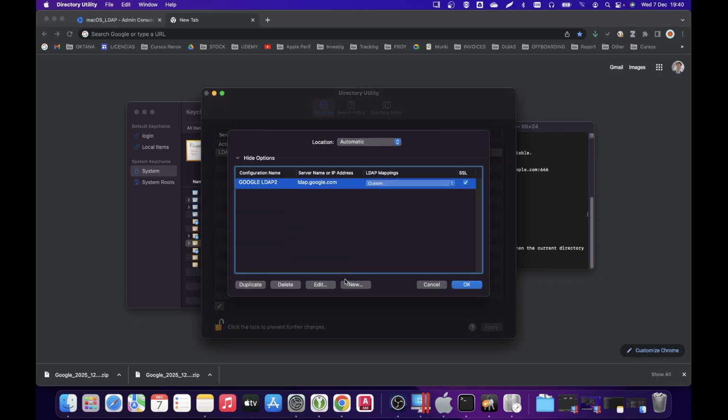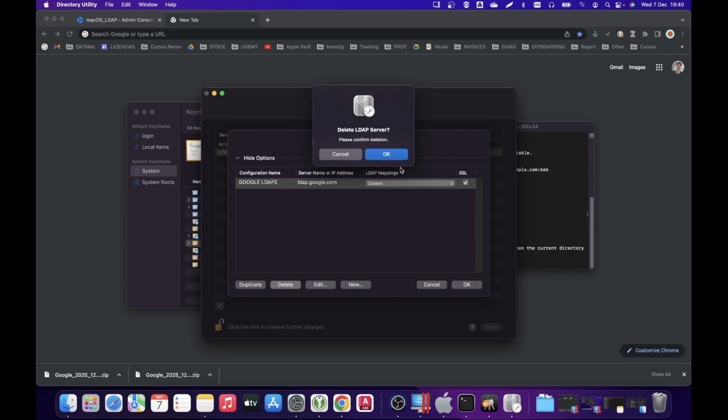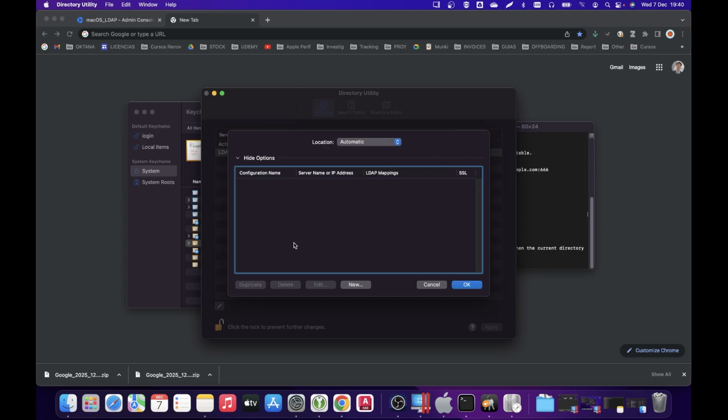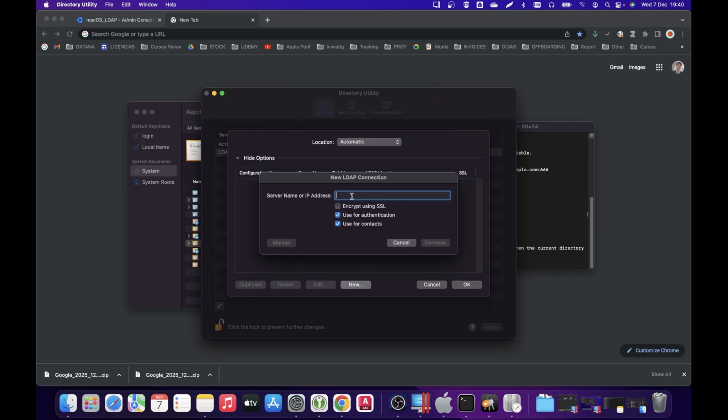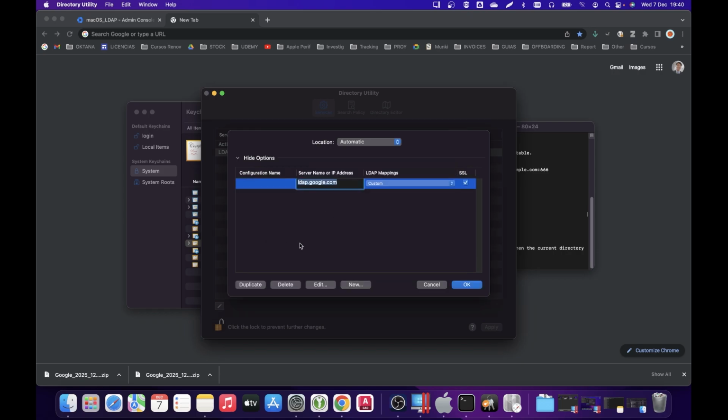Here I have added one, but I'm going to delete it. Okay, and let's create a new one. Let's enter Google's host name or server name, which is ldap.google.com. Make sure that the encrypt using SSL checkbox is checked, and click on manual configuration,